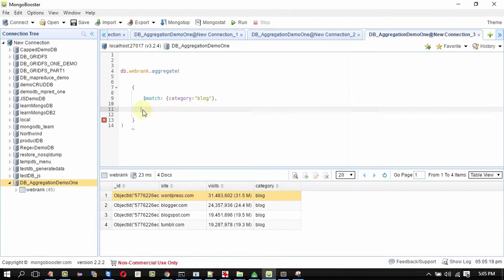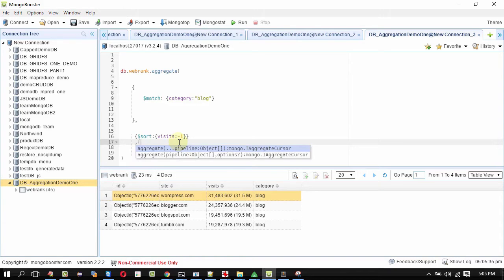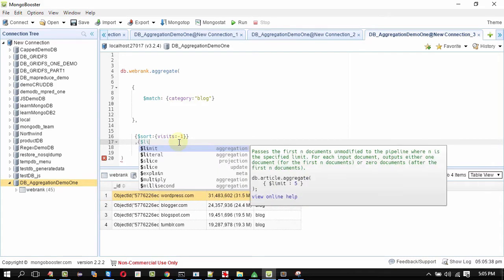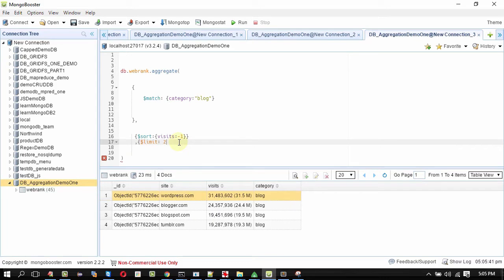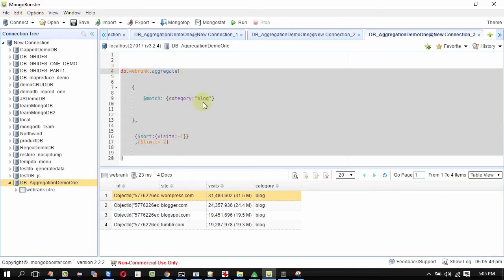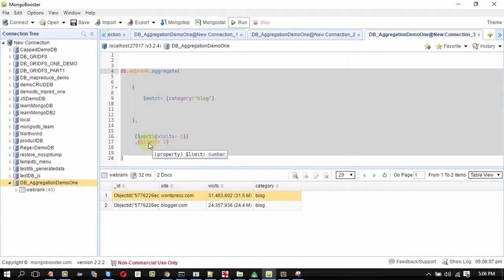Oops. And let me limit the results by 2. $limit 2. So this will give me the top 2 websites with more visits under the blog category. We got WordPress and Blogger. They have the most visits. We used match, sort and limit for this.